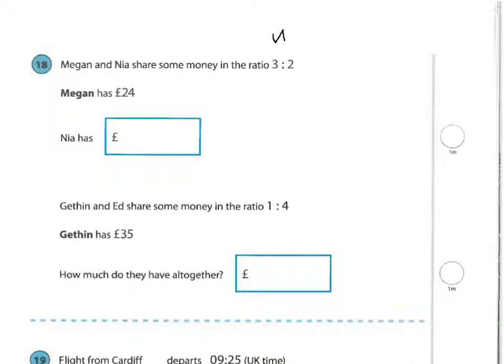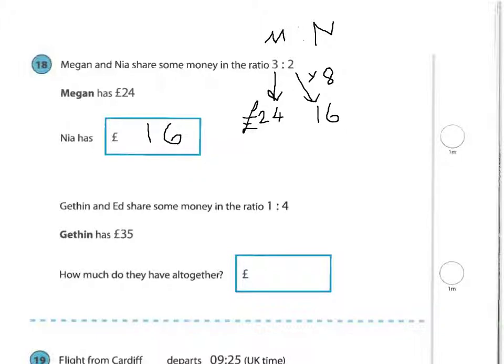Question 18. Megan and Nia share some money in the ratio 3:2. So that means Megan's the 3 parts and Nia has the 2 parts. It then says Megan has £24. So what have we done to Megan's share to turn it into £24? Well, we have made it 8 times the size. In that case, Nia will have 2 times 8, which is going to give £16,